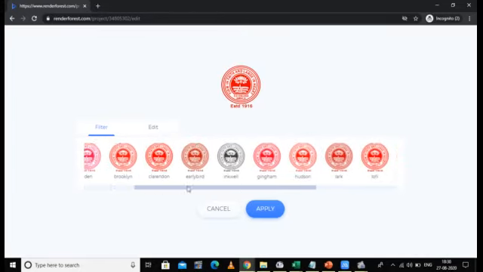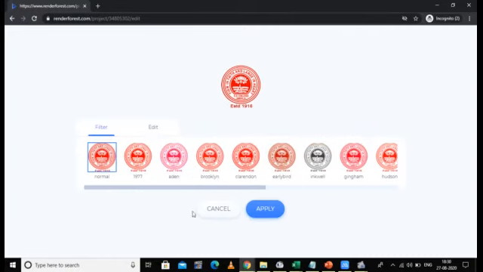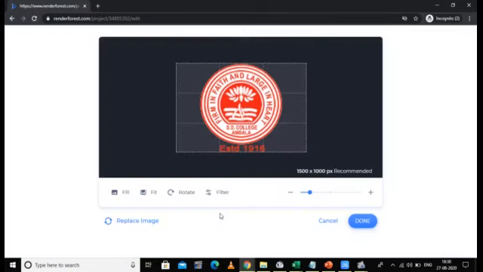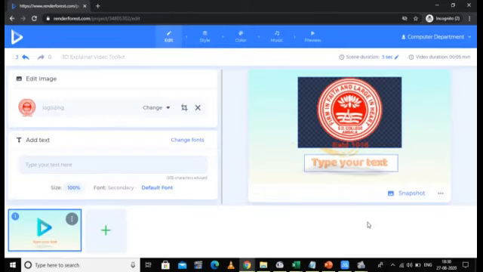Here I'm not using any kind of filter. I'm just cancelling it. This is my entire logo placed inside the window with this fit option. I'll select this, and then you can click on done. If you want to replace the image, you can go here and replace it. I'm selecting done, and see, my logo has been placed here.